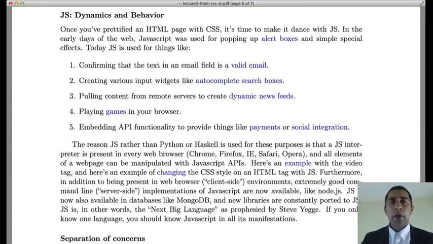So, just concluding our summary of HTML, CSS, and JS, we'll go into a lot more depth, but what is JS? If HTML is the skeleton and CSS is the appearance, JavaScript is the behavior. And the idea is that once you've got a pretty HTML page and it's all styled with CSS, you can make it dance. In the early days of the web, JavaScript was just for alert boxes, but nowadays it's used